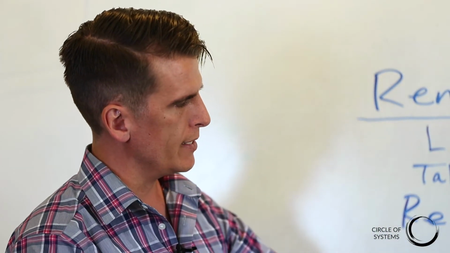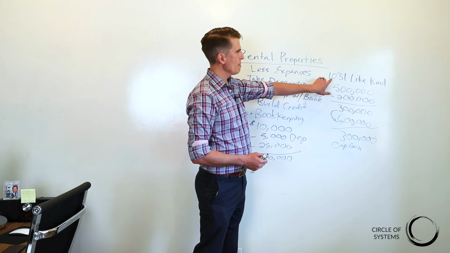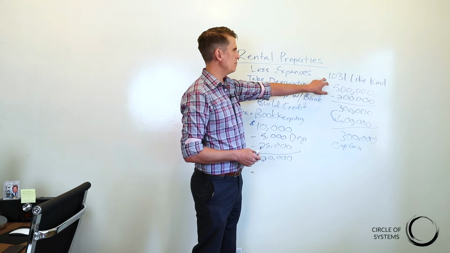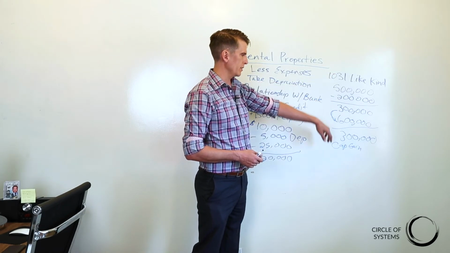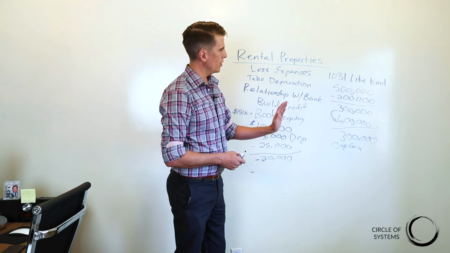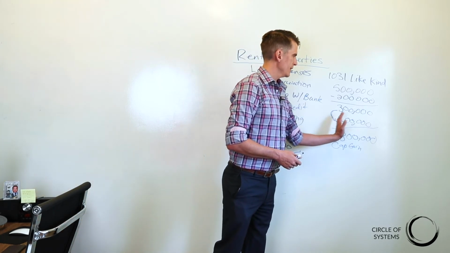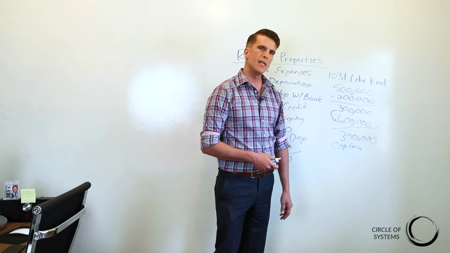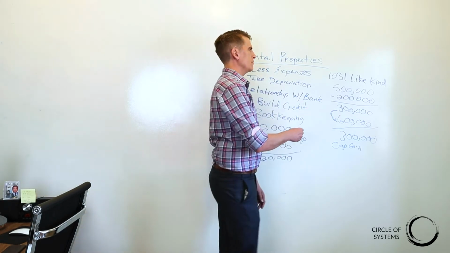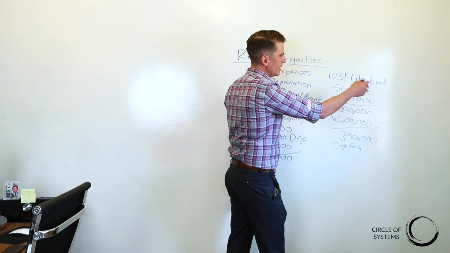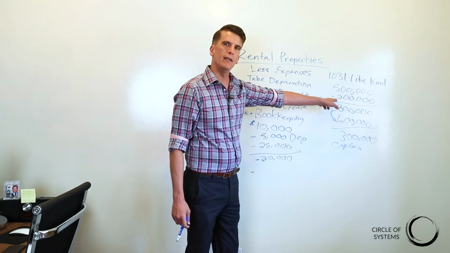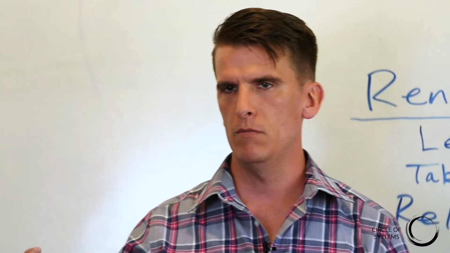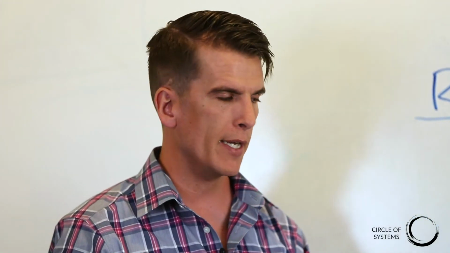But the cool thing is if you've got a like-kind property that is, you know, in the same value range, let's say it's $600,000, you can just transfer over all of this into the new property. So now you're transferring over your $300,000 in basis into a brand new property that you can then start depreciating again. So you can do that forever. You can do one property after the next, after the next.